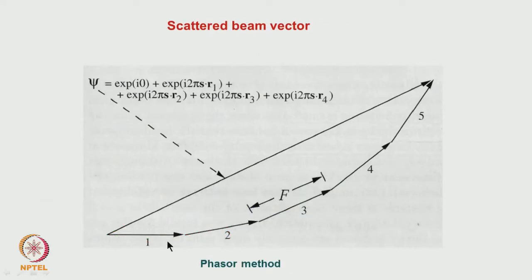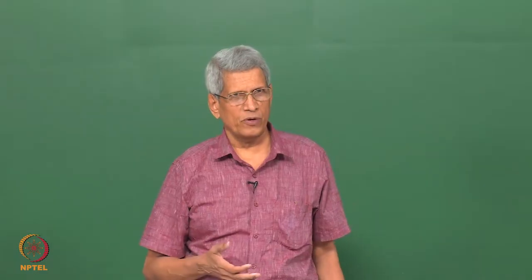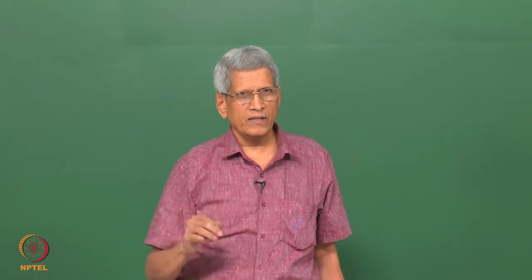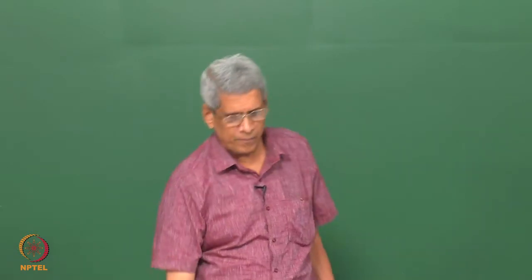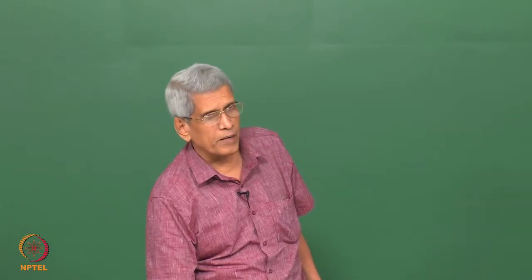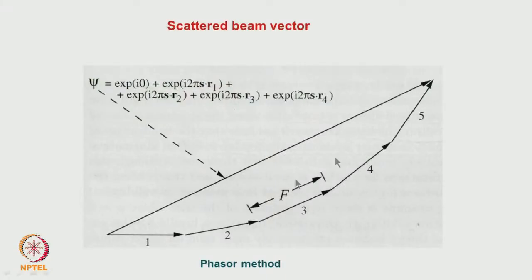This is the first wave at the top, the next one, and so on. Now if you see the resultant amplitude, this gives the amplitude of the wave. This is another way in which we can look at it. Is this clear? One we have calculated using the mathematical expression, directly finding that intensity. The other is along that column, using this phasor diagram we can also find out what is going to be the amplitude and what is going to be the angle theta.